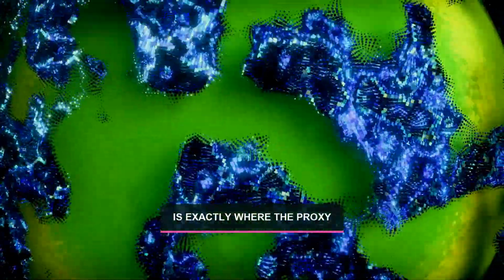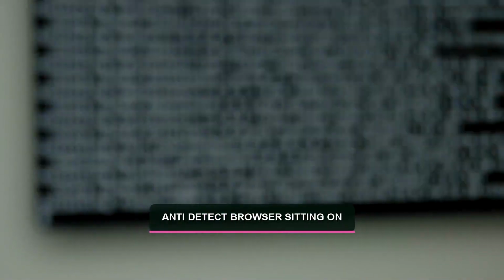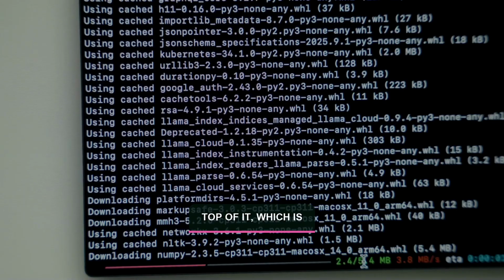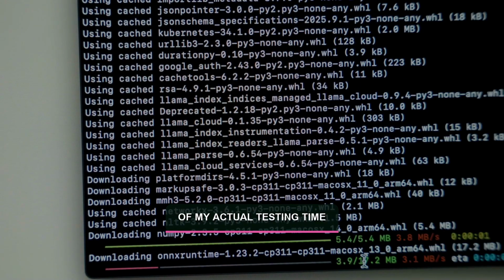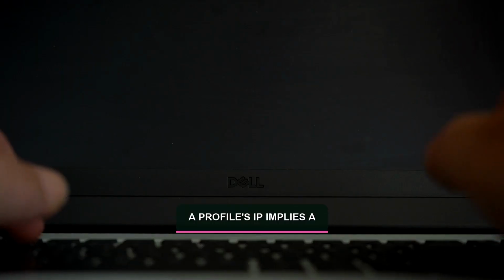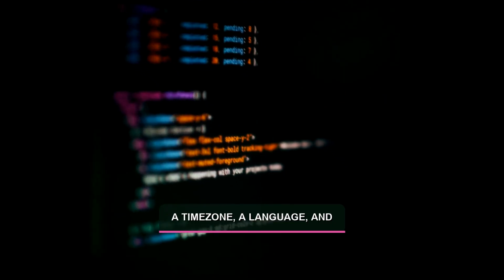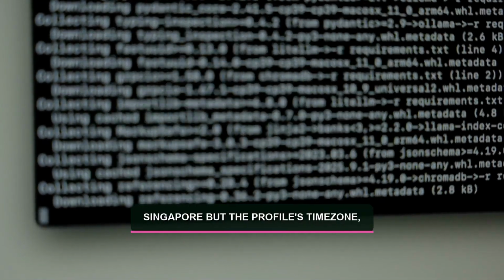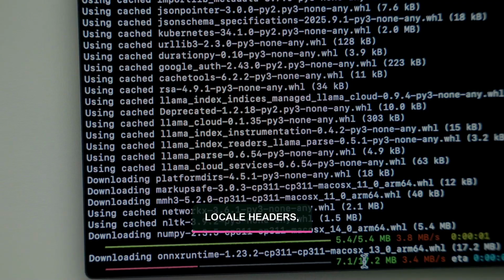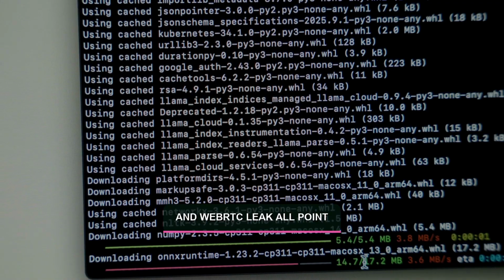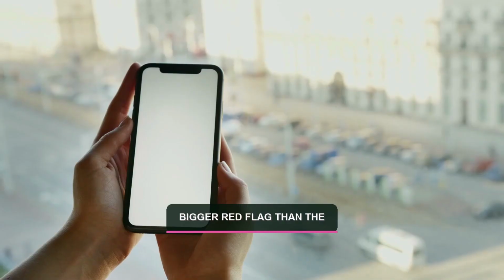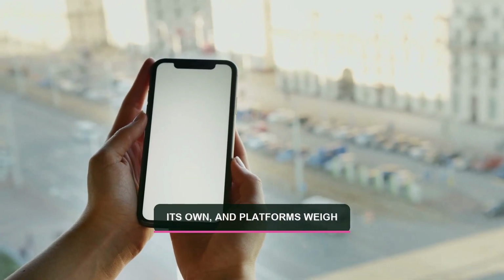And this is exactly where the proxy choice actually connects to the anti-detect browser sitting on top of it, which is the part I spent most of my actual testing time on. A profile's IP implies a geography, a time zone, a language, and sometimes even a specific carrier. If your proxy resolves to Singapore, but the profile's time zone, locale headers, and website leak all point somewhere else entirely, that mismatch is a far bigger red flag than the IP type ever was on its own, and platforms